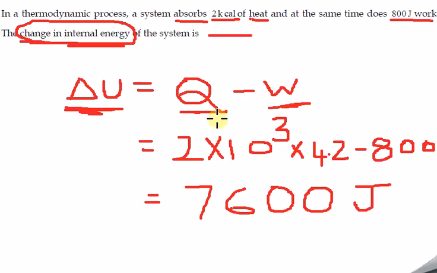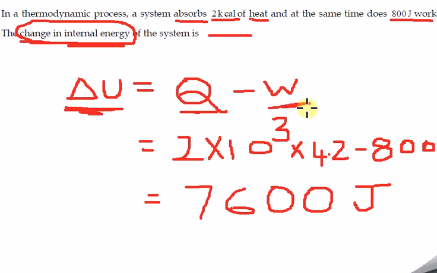These are the different symbol representations. Now you already know that heat absorbed means heat added to the system. That means I can substitute 2 kilocalorie in the place of q, and 800 joules is the work done by the system. There are sign conventions also: work done by the system, so hence we have to take it as negative. Please be careful regarding that. So w is also known.